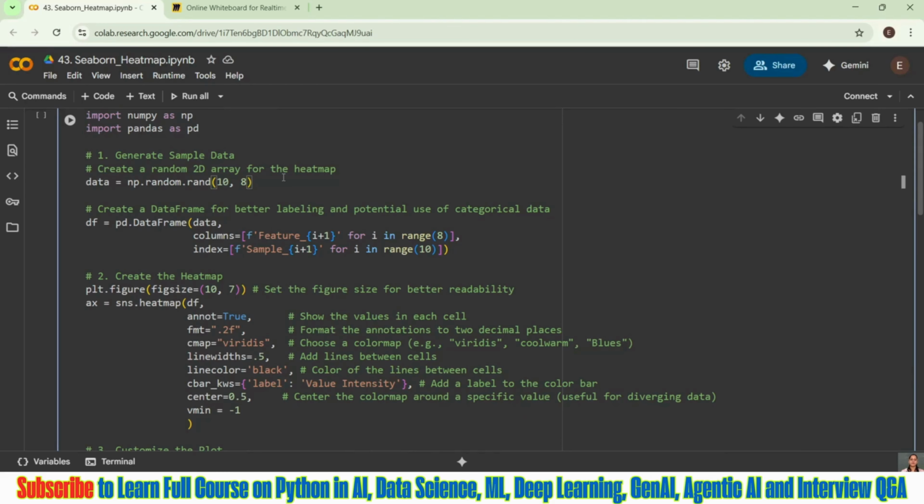Then after that, we have to get the x and y axis, correct? So what I'm doing, first I have taken some random values of 10 and 8, so it is going to generate random values of that shape. Then I have taken a data frame for better labeling.